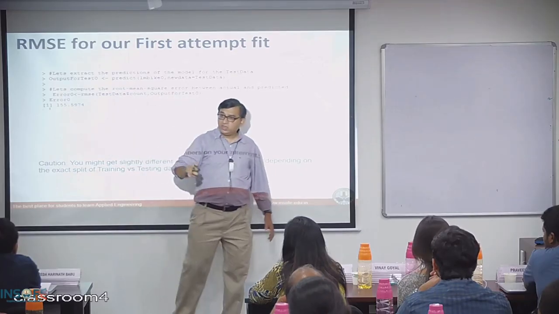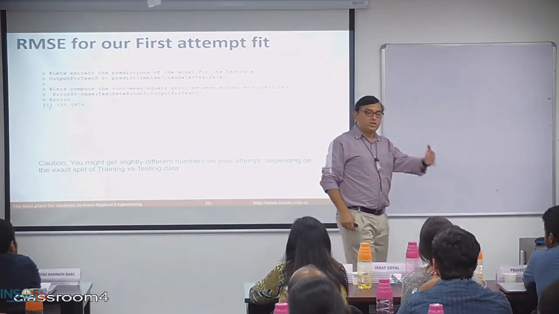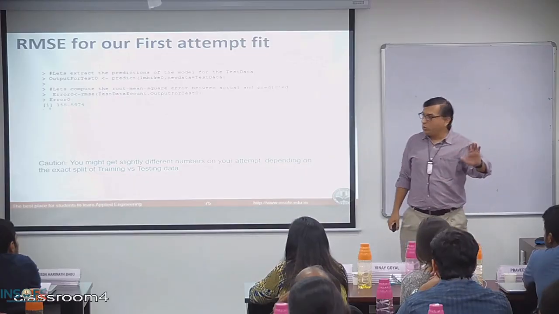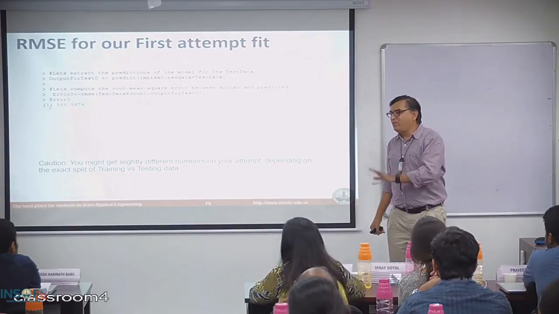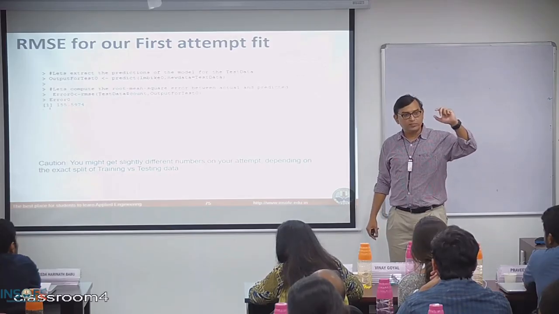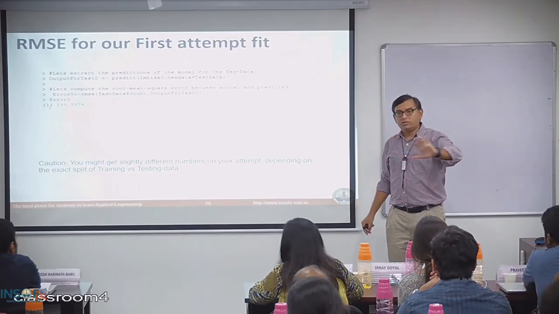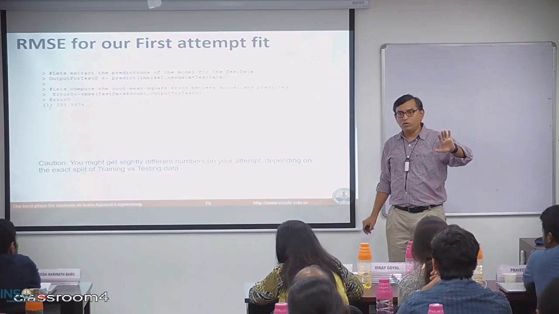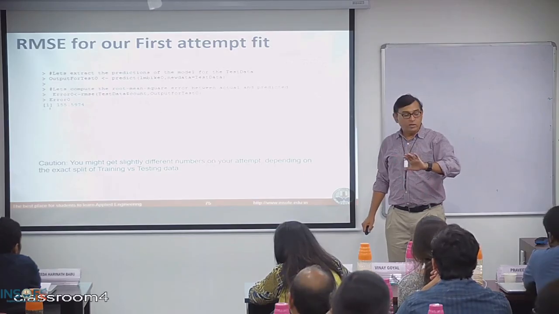What it means is that this simplest prediction that I made with my linear model makes an average error of 155 bytes for each time slice. Is the procedure clear, what we are doing here? Okay. Now,